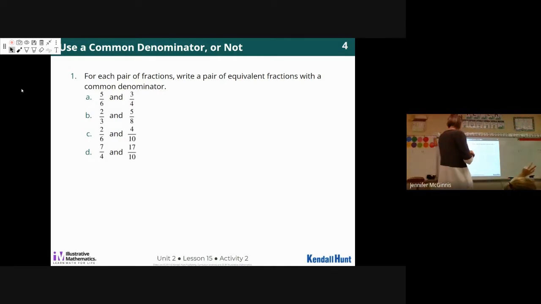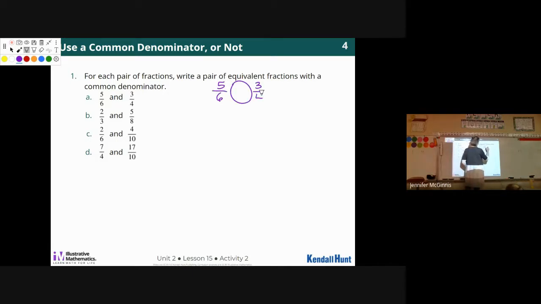All right. Now, I'm going to write some answers down on here. I'm going to go through these. Same thing happened in the last class. I'm going to talk and just go through these quickly. And I want to see thumbs as I go. How are you understanding? As your gauge changes, let your thumbs change, okay? So I'm going to compare 5/6 and 3/4. The way I'm going to do this is I'm going to make a list of 4s and a list of